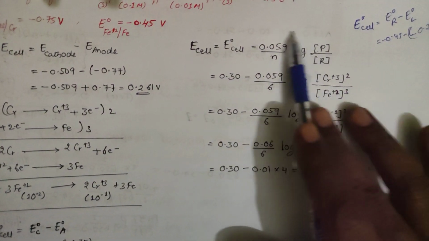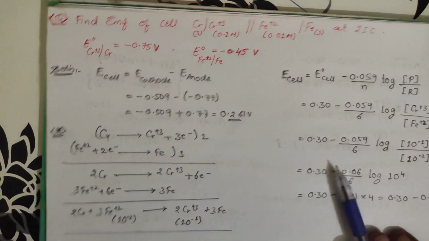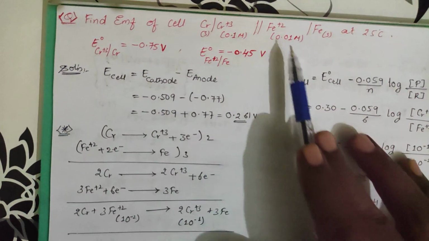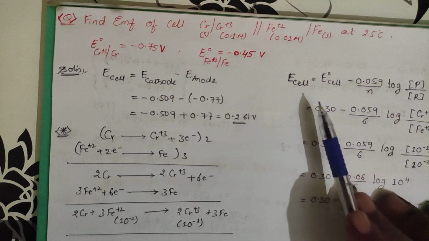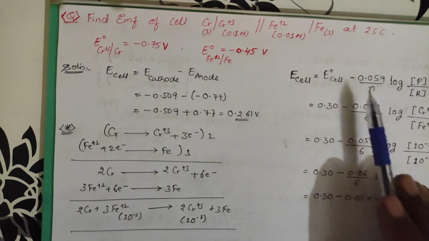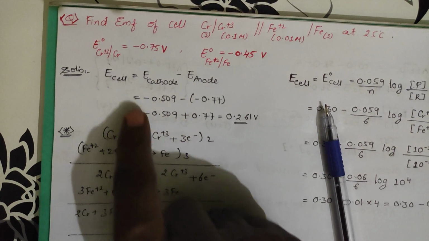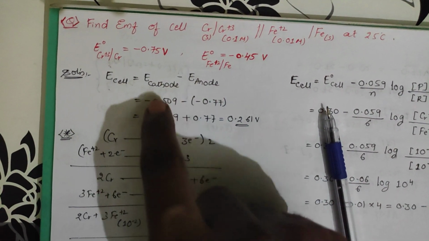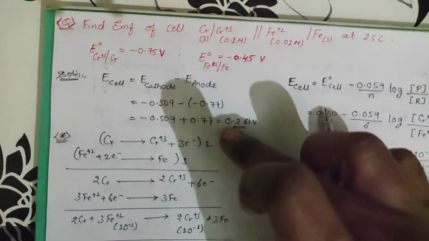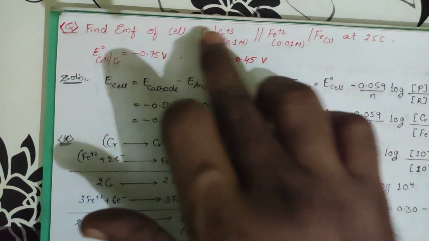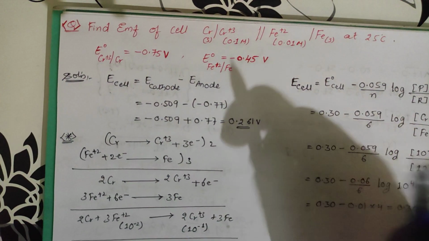This is by combining both the cells. Or you can calculate E of this one by using this equation, and E of the other one by using another equation like this, because this formula can be used for a single electrode also. So only for this you will be calculating, and only for this you will be calculating. From that, by using E cathode minus E anode, the E cathode formula is this one and the E anode is this one. So individually you can do it in this pattern, or by combining, which means I am combining these two in a single equation.